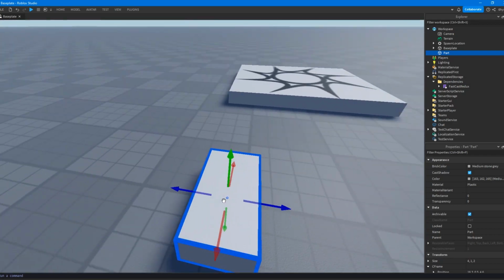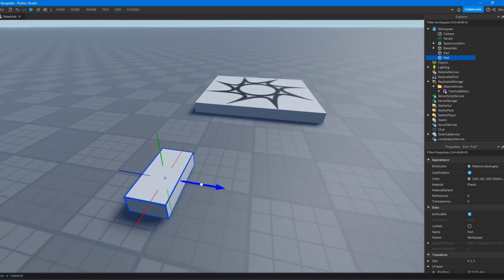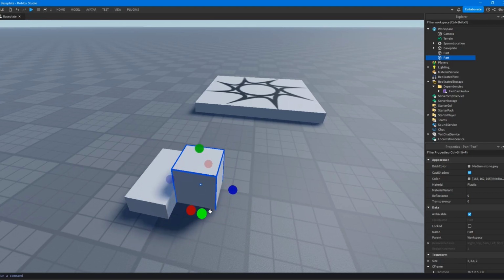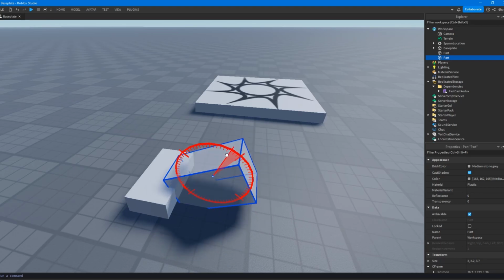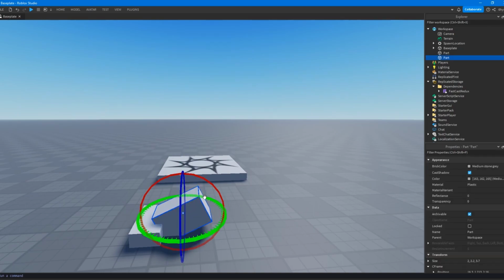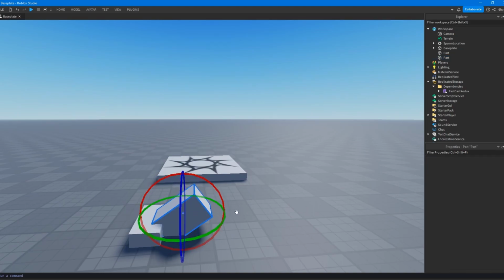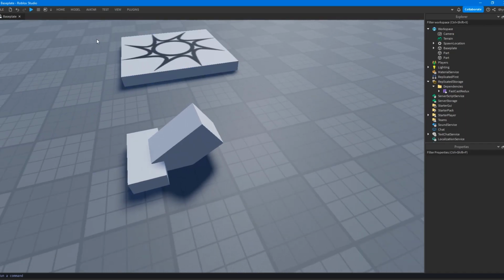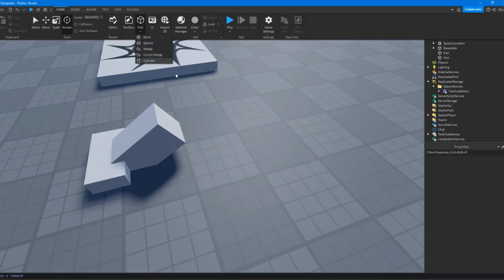What I'm going to do is make a little cannon thing. We're going to be making a nice little cannon buddy. So it's going to be a pretty basic cannon. We're just going to click our part, and then a cannonball will launch out of here, and it'll go in an arc pretty much.